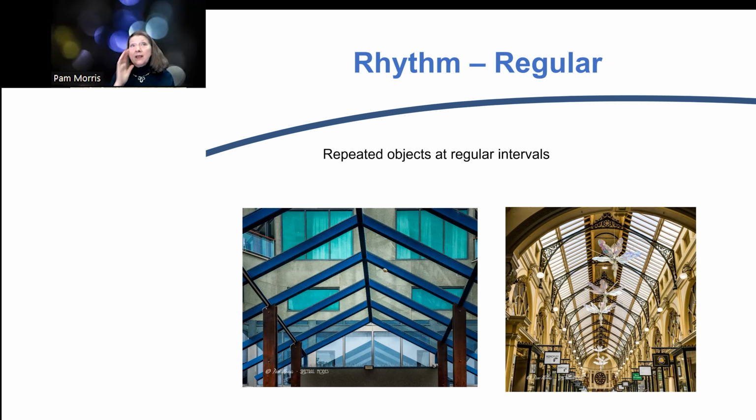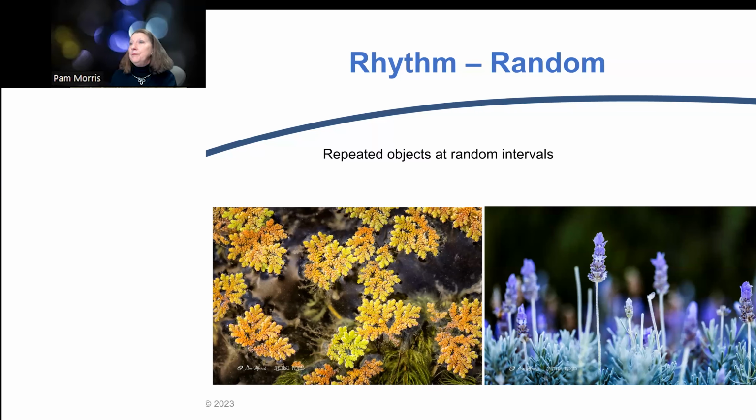And we typically think of rhythm as being regular, a regular beat. And this is what our heartbeat is. And so we'll frequently capture images ourselves and see images that we like that have this regular rhythm going through them. We also sometimes have the concept of a random rhythm, and the one on the left here is another one